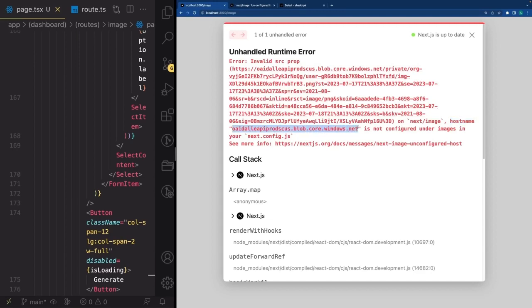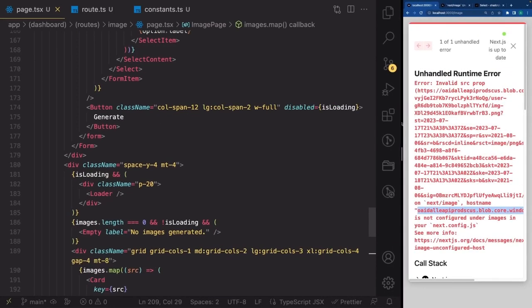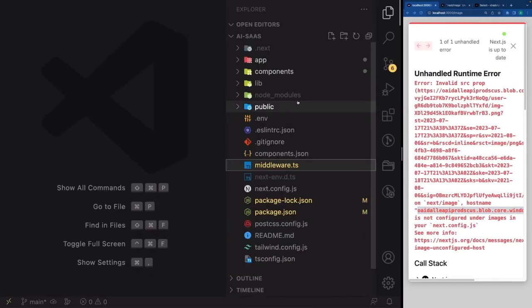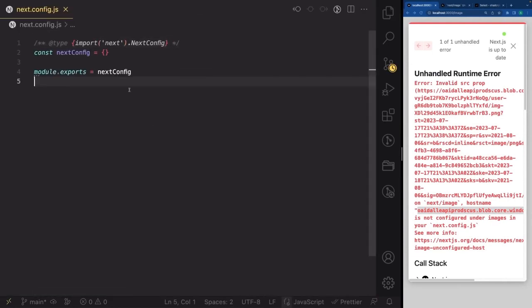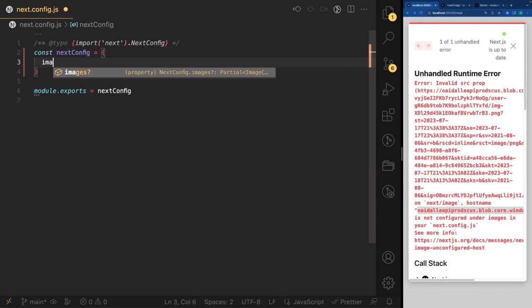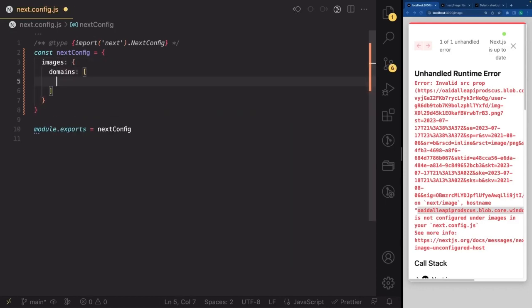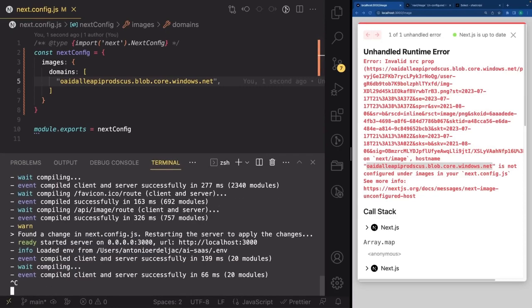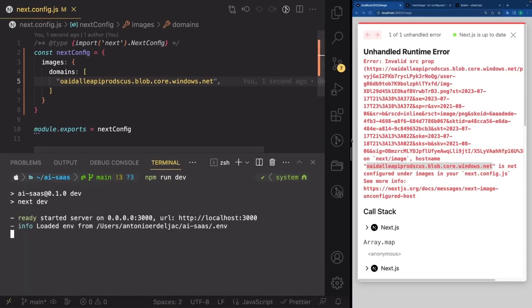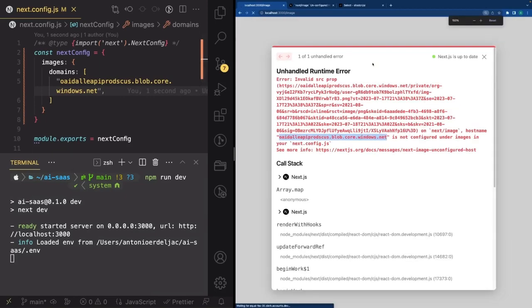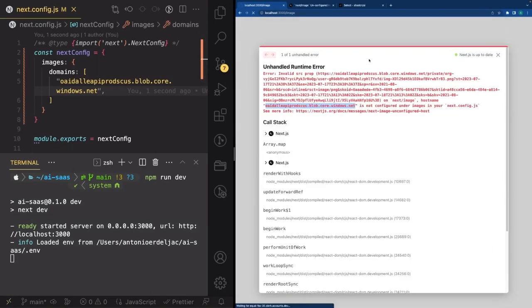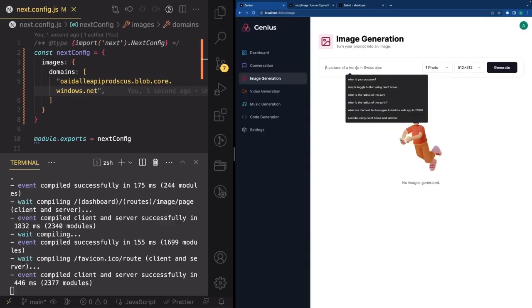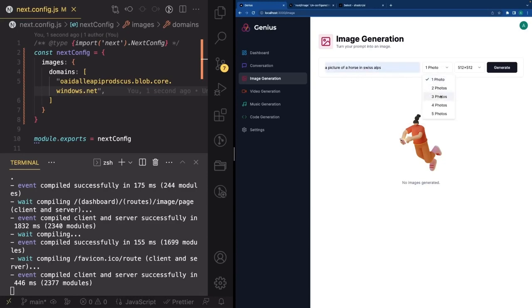It's a very long host name like this. And let's find our config. I'm going to close everything and find next.config.js like this. Open this object and write images, domains, an array, and paste it inside like this. What I recommend actually doing is shutting down and restarting your application. So npm run dev again. I'm going to zoom out a bit and refresh. Once this page loads, we're going to try our prompt again. Let's try one more time. A picture of a horse in Swiss Alps, 4 photos,